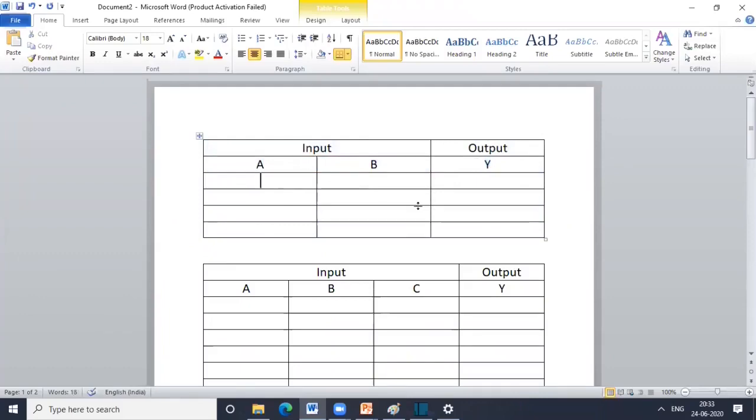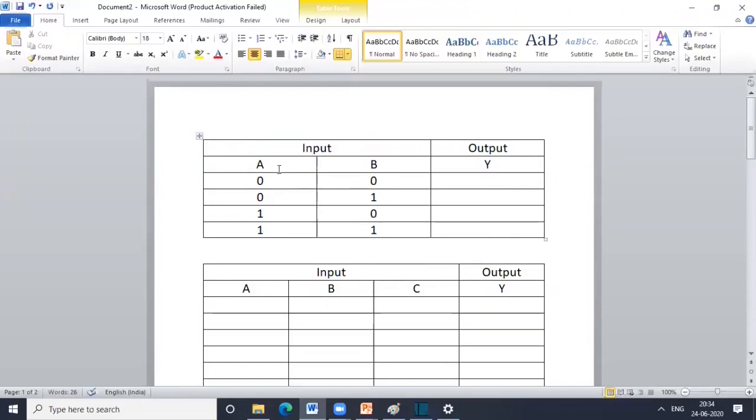So in this case, first of all, what you have to do is write all input combinations. Here A and B are digital inputs. So I can say that these are 2 binary values, 2 binary bits. If we have a 2-bit binary number, then how many different combinations are possible? We can have a total of 4 combinations. So let me write those 4 combinations. First one will be 00, second one will be 01, third one will be 10, and last one will be 11.